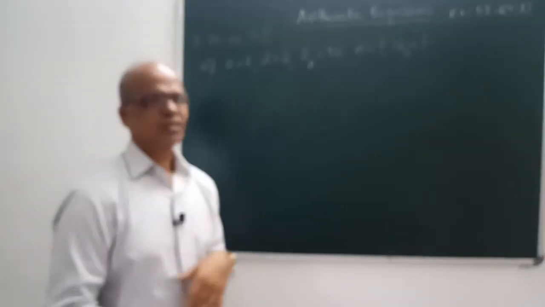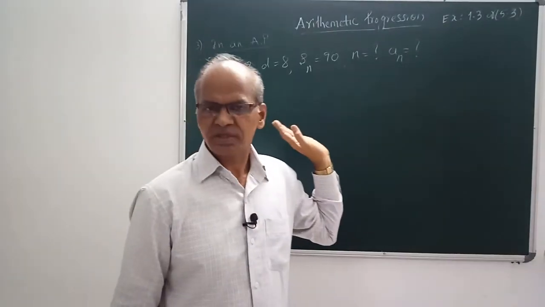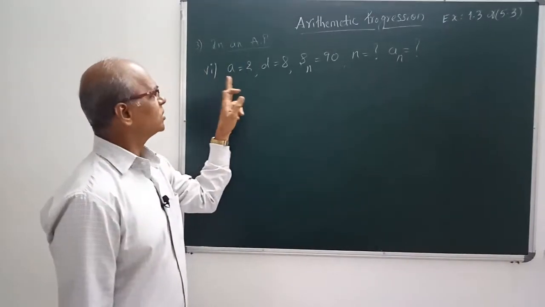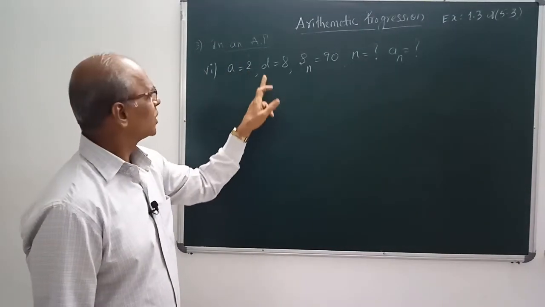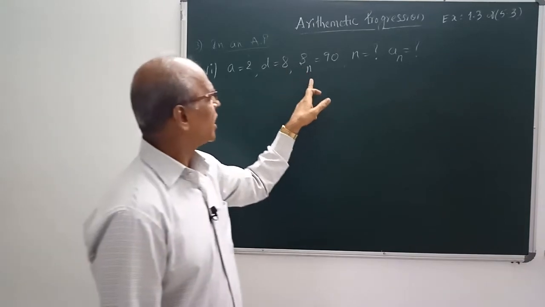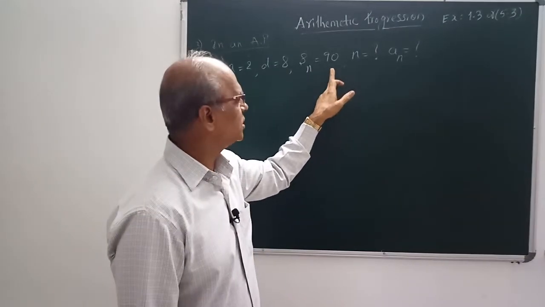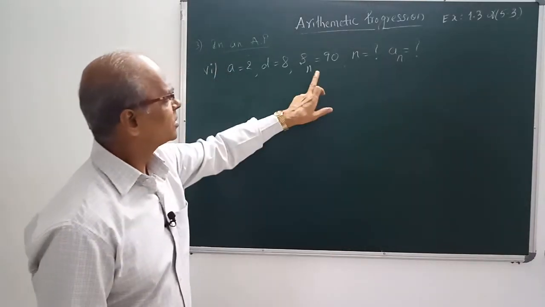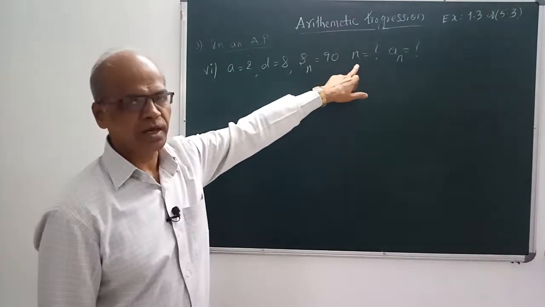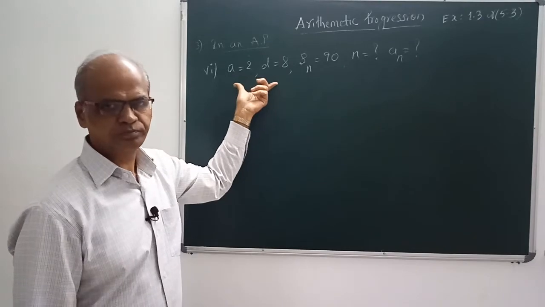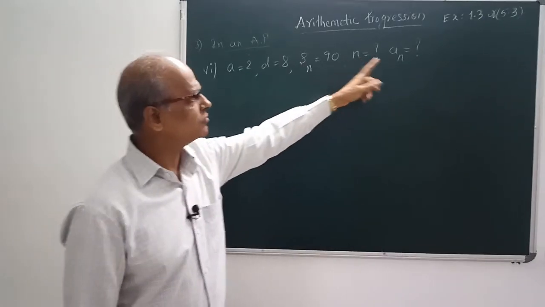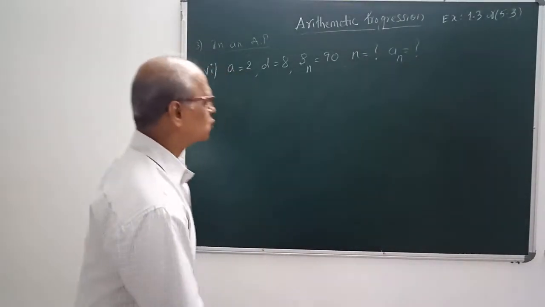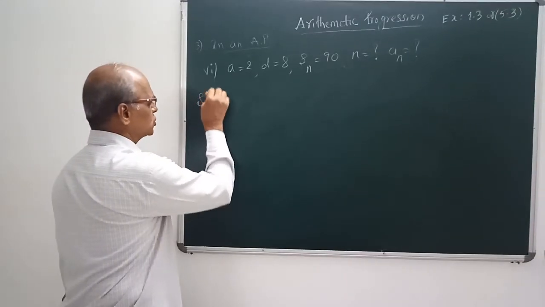Right. Okay, see here. Now this is the 6th sum. 6th is what? A is equal to 2. D is equal to 8. Sn is given as 90. N we have to find and An we have to find. You see here, using this formula we can find N because A and D both are known. After finding out the N, we have to go in for An. So 2 steps are involved. Solution.